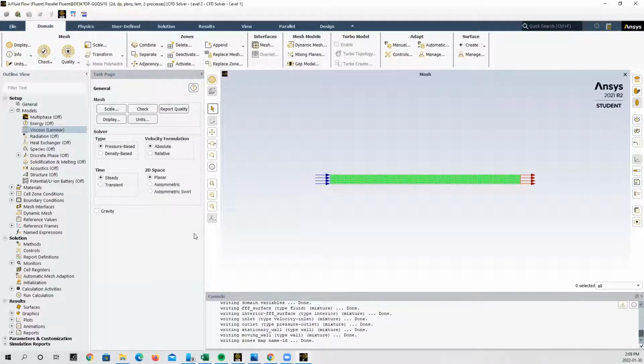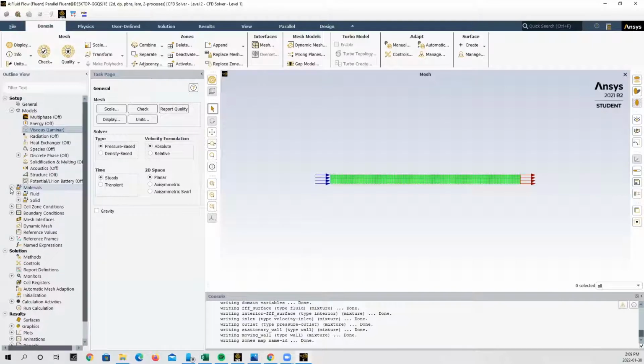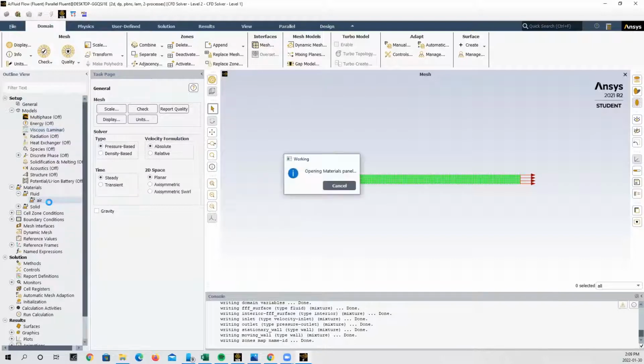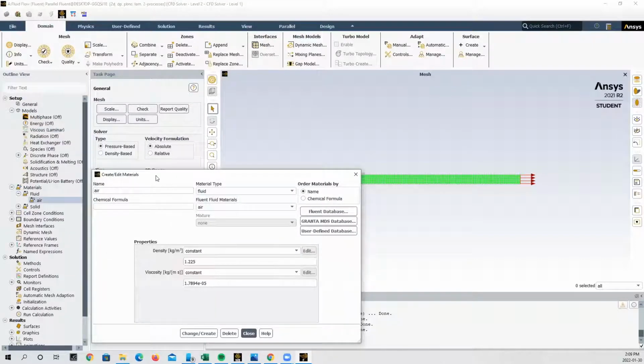The next thing that we're going to do is define the material that we want to use for our fluid, whether that be water, air, so on and so forth. So in order to do this, we can go ahead and press on the plus here beside material and press on the plus beside fluid. And you can see by default, ANSYS has air being run for our simulation, but I want to use water instead. So I'll go ahead and double click on air. And this is going to open up create and edit materials. And if we press on Fluent database,